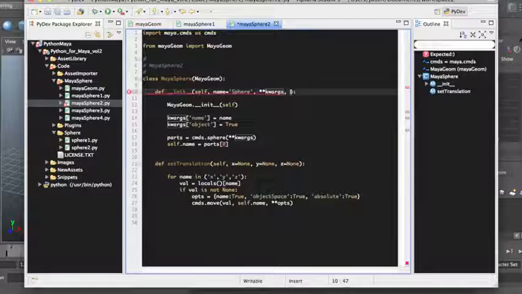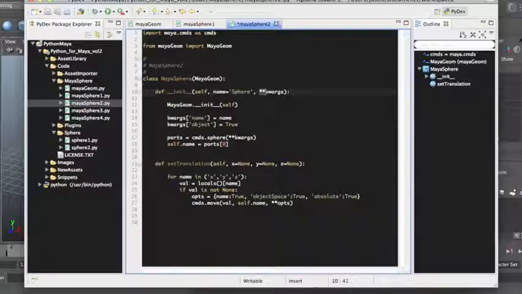Instead of having to explicitly say this is what our class takes, I can use this special Python symbol, double star. That means expand this into keyword args. So whatever they pass in, name equals value, it comes in like a dictionary. As you can see, I treat it like a dictionary. I say make sure the name is equal to the name, make sure the object is set to true, and